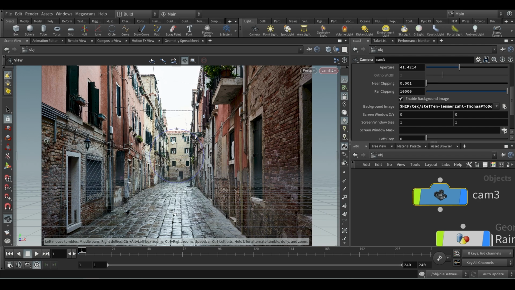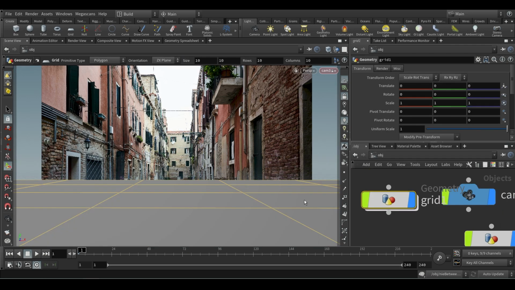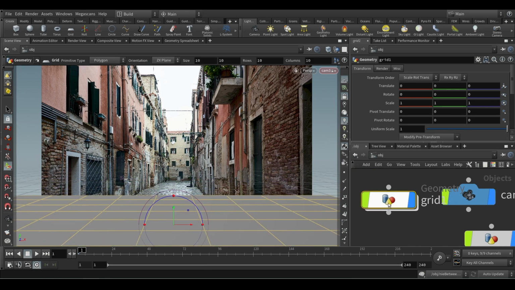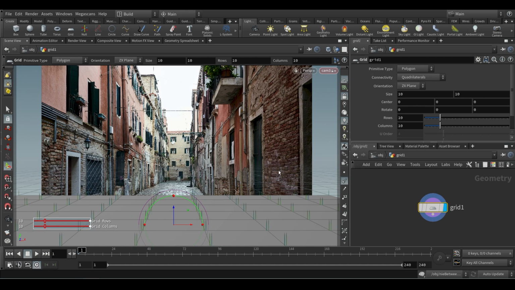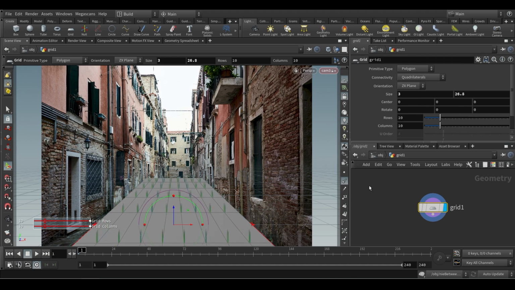And one tip will be to get a grid, just to see. So now you have a grid. You can adjust the grid, go inside it and change the size to very small so that it fits just like your ground. I'm just sizing it, and I'm still in camera mode.